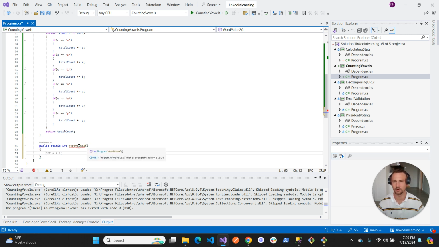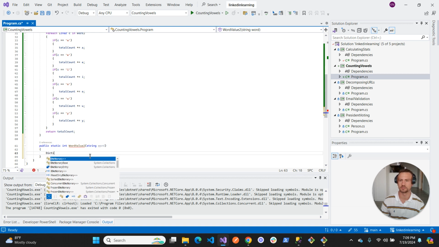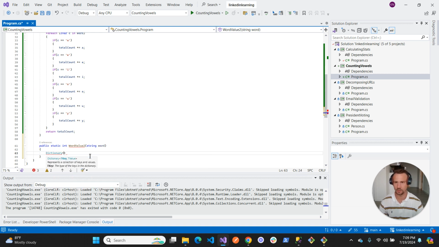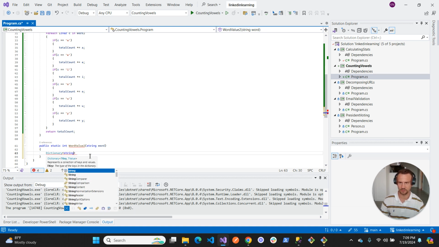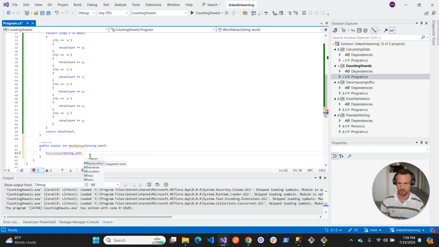Do we need an argument? Alright, so this string will say word. It's fine. Now we're going to create a dictionary of string integers. Call it